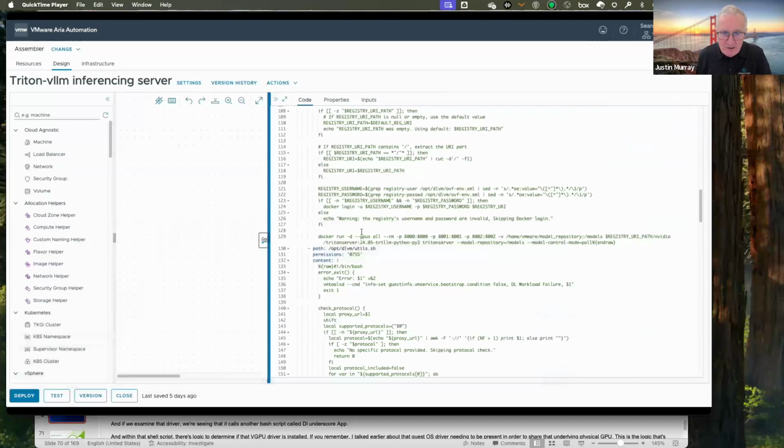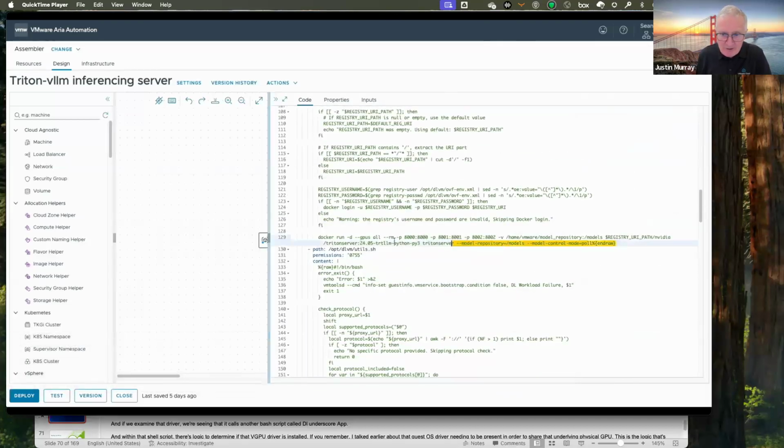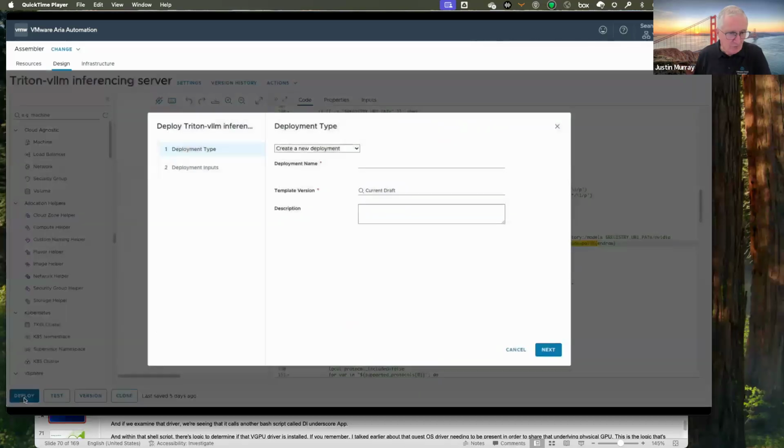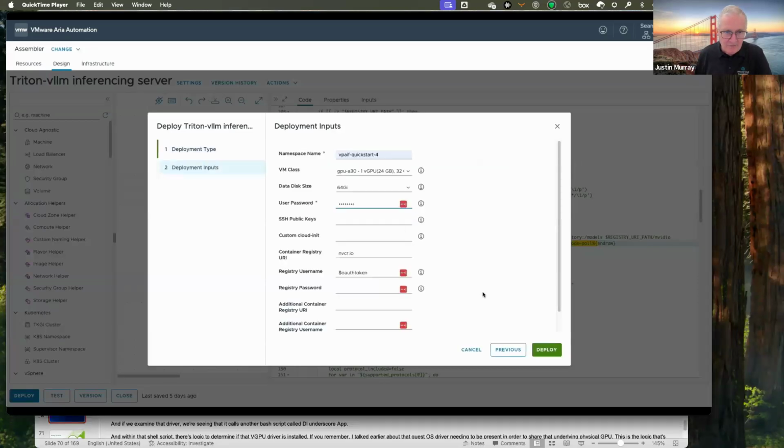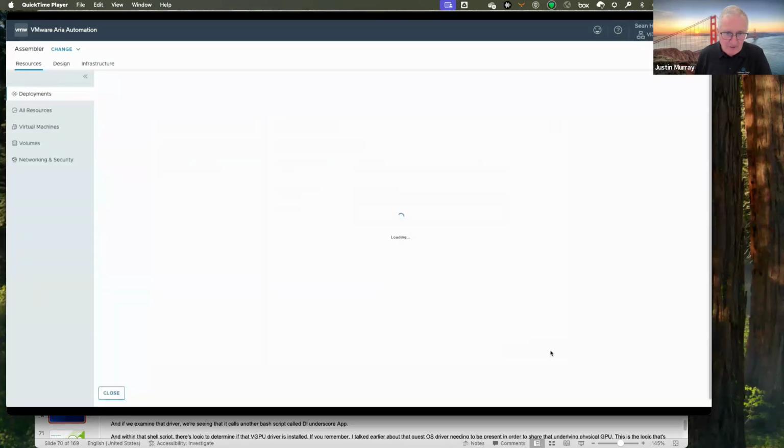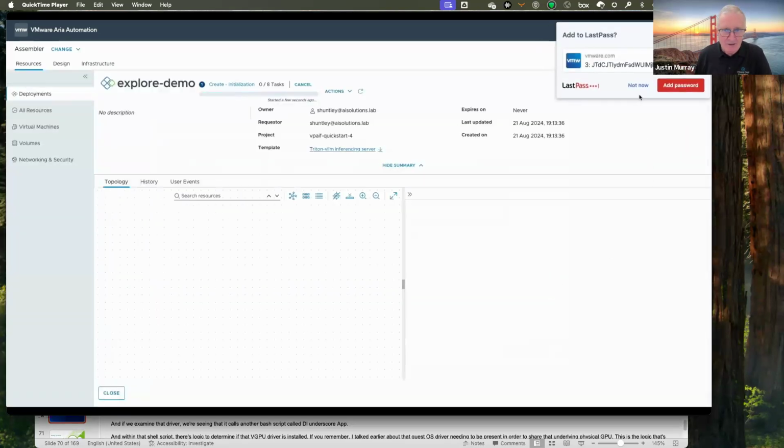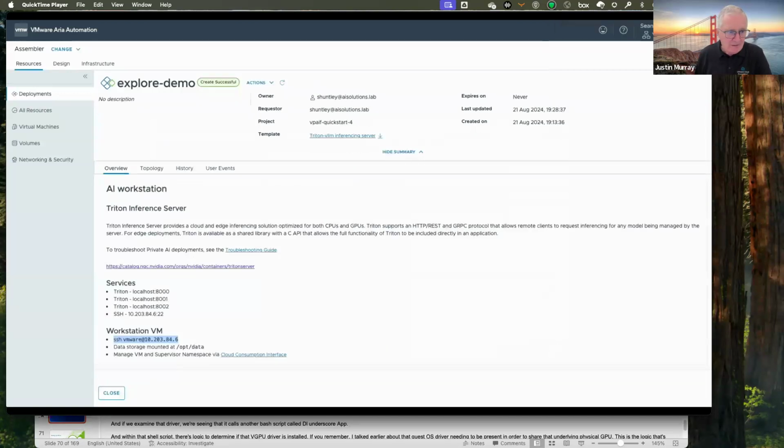What the engineer did here was build a separate deep learning VM that's running Docker and capable of running that model in it. So that was a custom script that they've done here. They're now deploying that. And it's going to deploy a deep learning VM to do it. And here's the VM class again that you see at the top there. And okay, we've done our deployment.